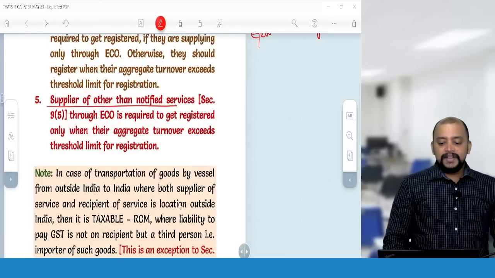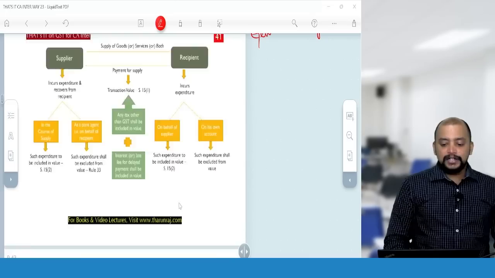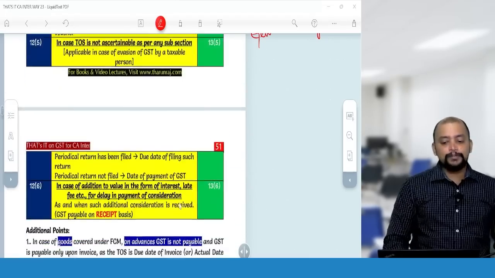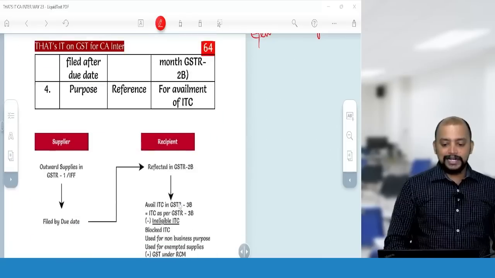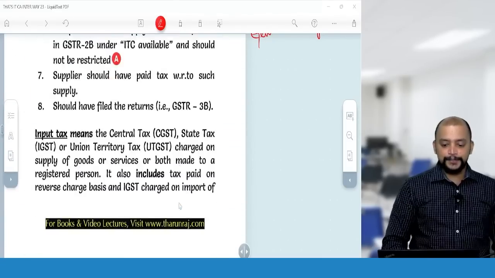Then we have the composition scheme. That composition scheme is also part and parcel of this charge under GST. So you can see the composition scheme,